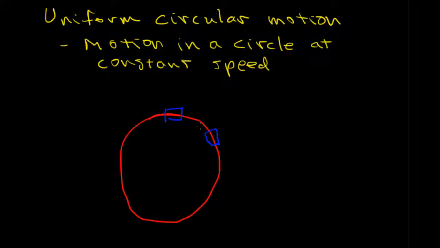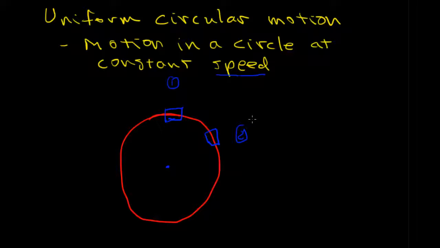Or it could be a planet in orbit around a star. Here's the center of my circle. Or it could be a ball being pulled on a string or something like that. The point is the object's moving in a circle at a constant speed. And so my first question to you is, if we call this time t1, this position 1, and over here position